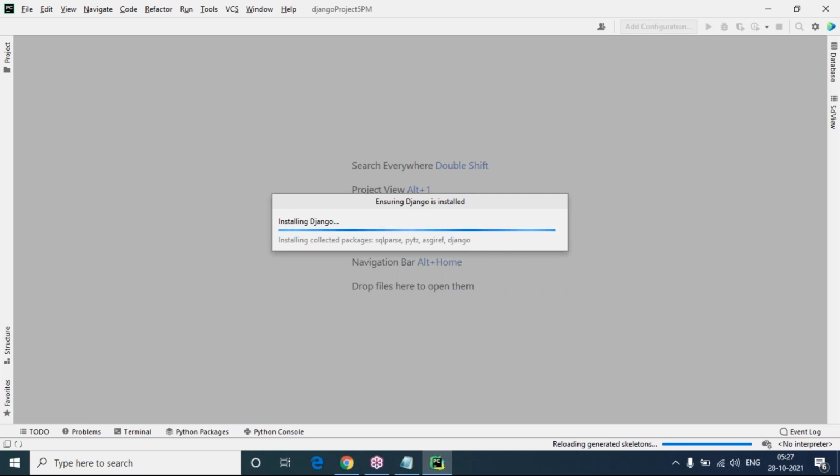Now next, what I want to do: I have already installed REST framework, so I have to register this REST framework in settings.py. That I must and should do because we are creating a REST API application. So rest_framework we have to add into settings.py. I'll do that immediately, just wait. It is ensuring whether Django is installed or not, and the required libraries are going to be installed here. After finishing this, I'm going to start my steps.